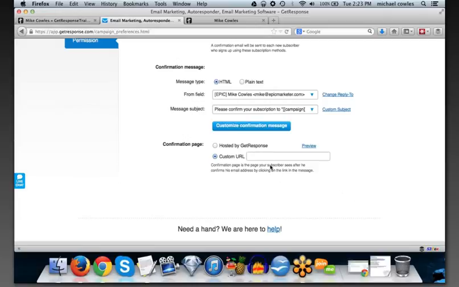Now, there's two reasons why you want to do this. One is anytime you set up a thank you page, that's actually property or real estate of yours that can do one of two things. It can either generate more income or it can generate more rapport. Okay, so the income might be, hey, thanks for taking me up on my offer. In the meantime, check out this other related offer.